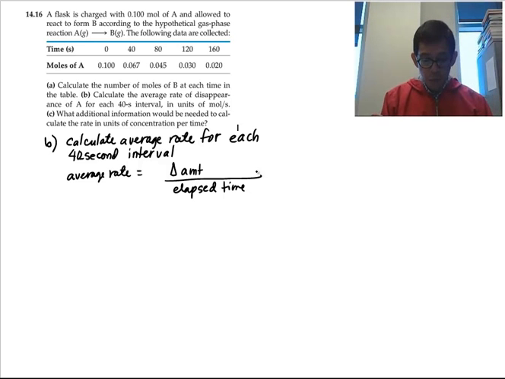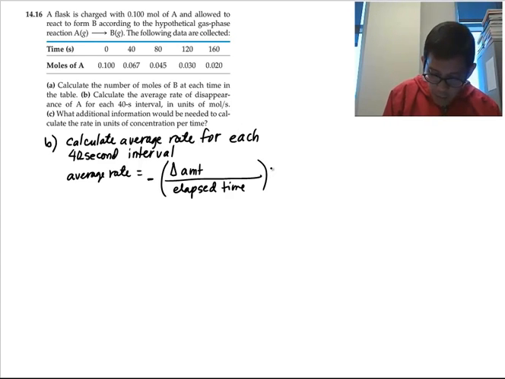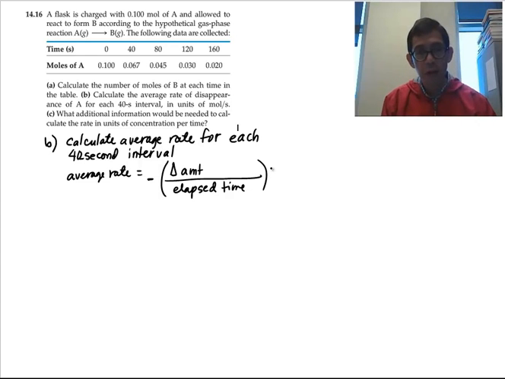And since we report the rate as a positive value, we have to get the negative of that, because the concentration of a reactant is going down, so the change in concentration is negative. So if you want the value to be positive, you have to put a negative before the expression. Okay, so let's do